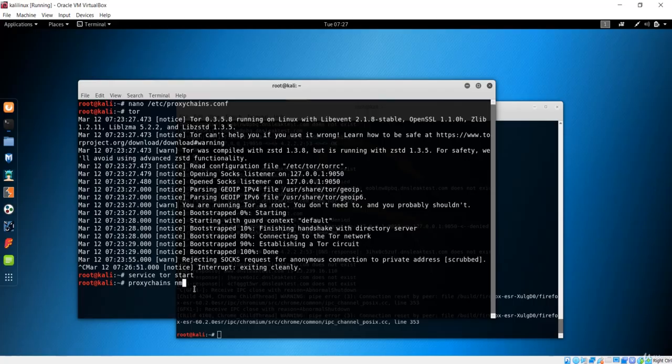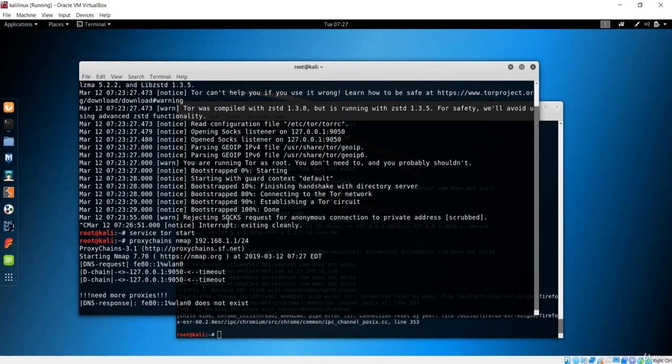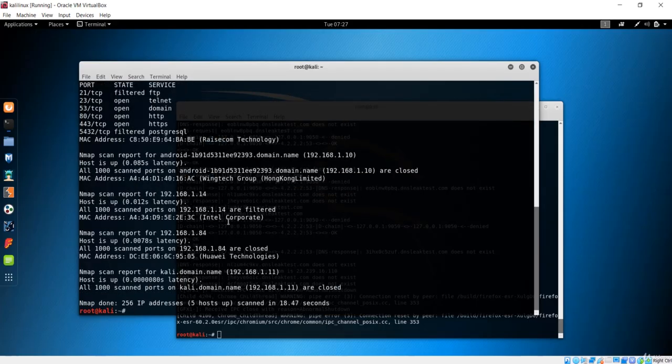So I'll just say I want nmap to run, and it has to scan the ports. So it should be 192.168.1.1, and the subnet will be 24, which denotes that I want from 1 to 254 hosts of this network. So let me hit enter, and let's see if this works or not. Let me go over here and see the working of nmap. It has again shown us the timeout, but we'll wait for a moment, and let's see if this works or not. So you could clearly see I now have the IP addresses.